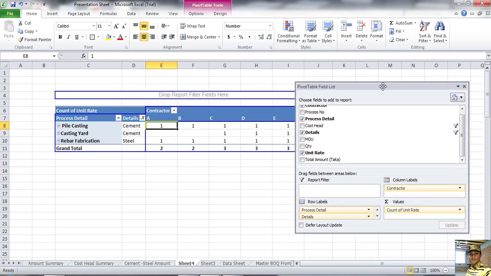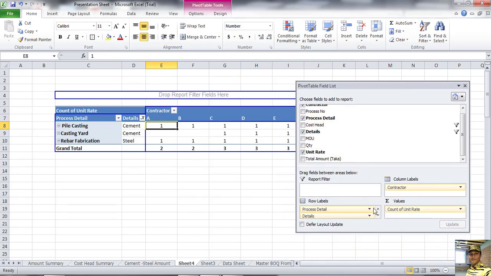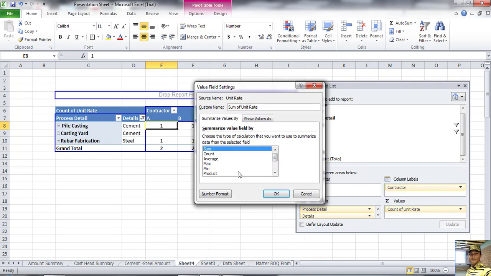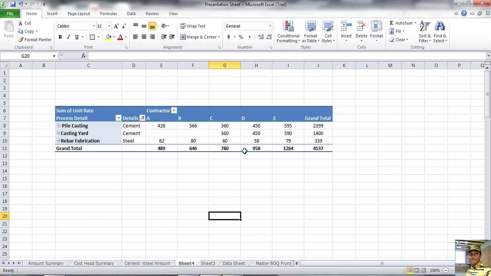Now see, it shows only the count value, so select right button, value field setting, and sum. Okay, now see the cement and steel rate are shown here vendor-wise: A vendor 428, B vendor 566, C vendor 360.